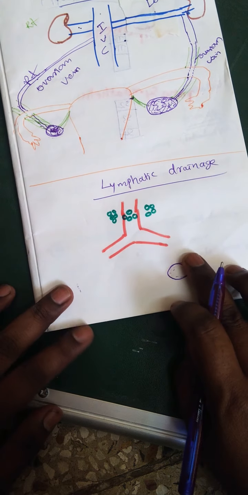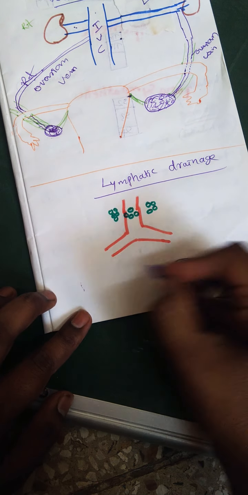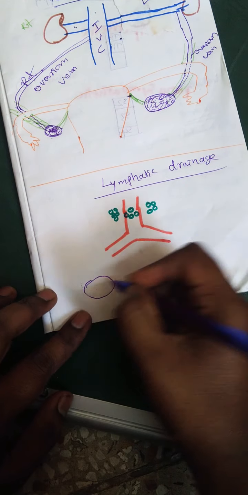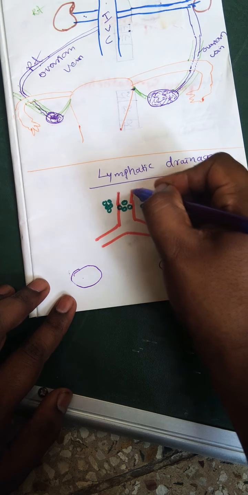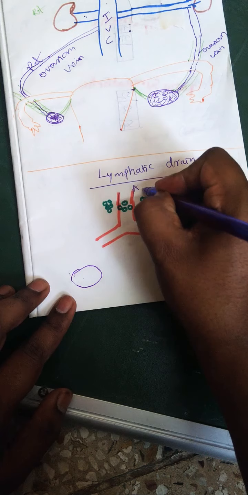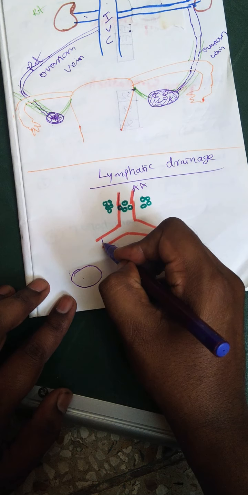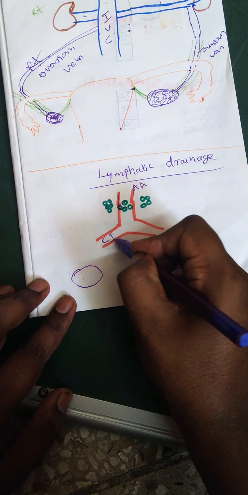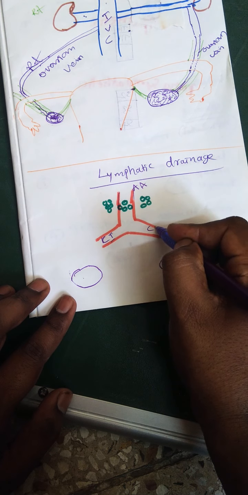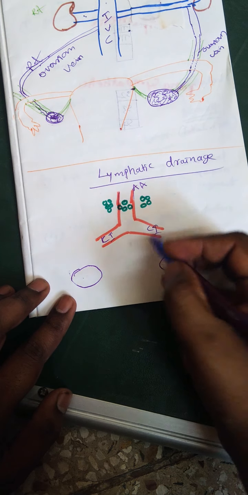Lymphatic drainage from the ovary, both ovaries, okay. Here you can find the aorta, that is the abdominal aorta, and this is the right common iliac and left common iliac artery. So